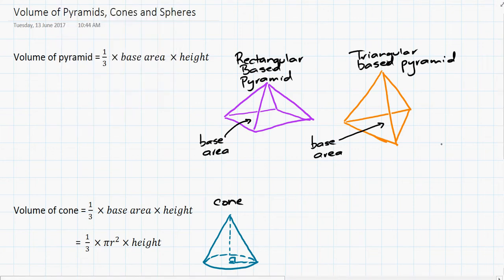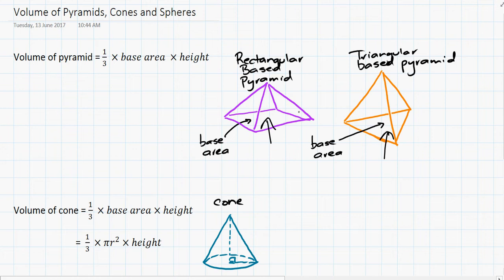Hey guys, in this video we're going to have a look at the volume of pyramids, cones and spheres. Let's have a look at pyramids and cones first of all, because the formulas to work out their volume are very similar. So if we look at a pyramid, it has a base area, which is this area here,